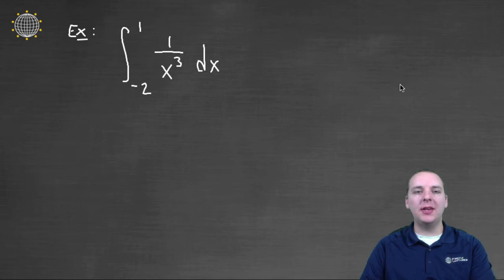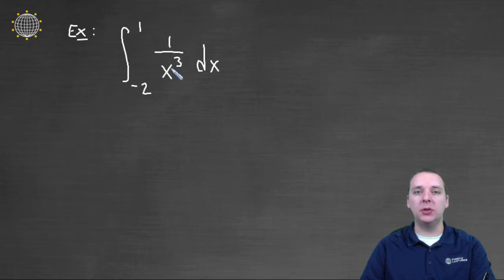Here's an example of an improper integral, and I actually chose this one specifically because there's something about it that could catch you off guard if you weren't paying attention. So I want to expose you to that so that you'll catch this on a homework or a test problem. All right, so what I noticed about this guy, the reason I said improper integral is 1 over x cubed